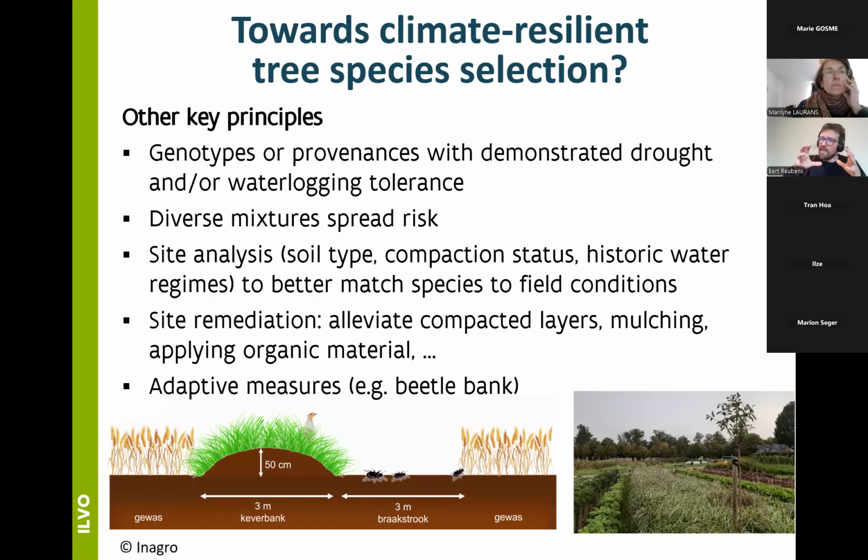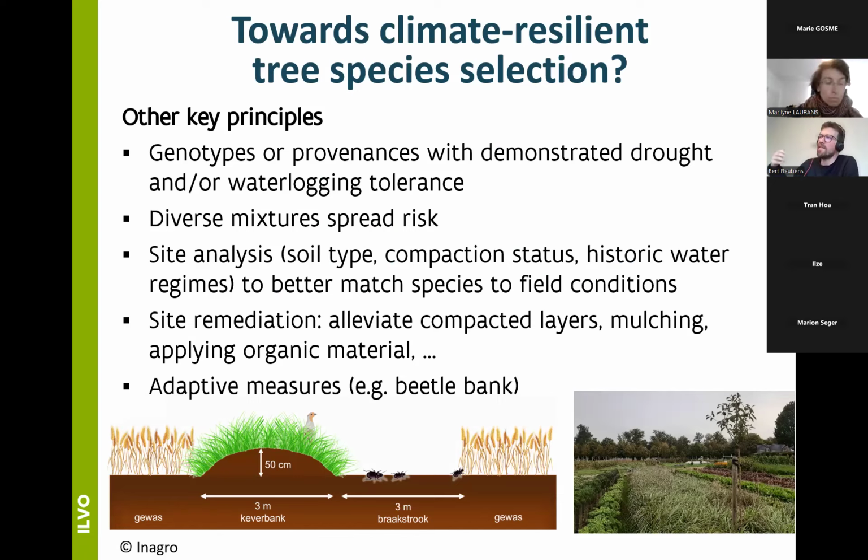Besides looking at the tree or the planting material, of course, there are also some things you can do on the plot, on the site. A proper site analysis is of course important to know what the soil type is, what the historical water regimes are, so that you can better match species to the specific field conditions. And in the next step, you can also think about what remediation measures or adaptive measures can help to cope with the situation.